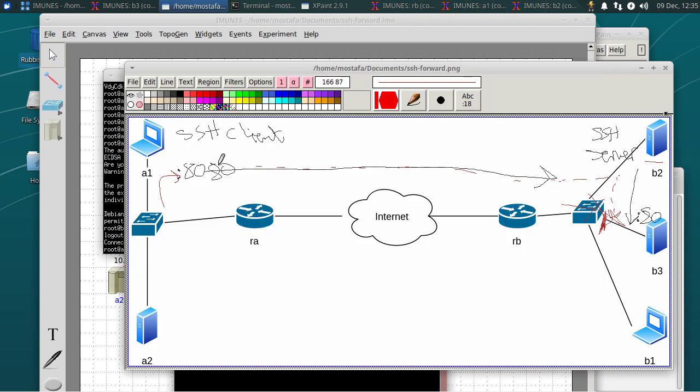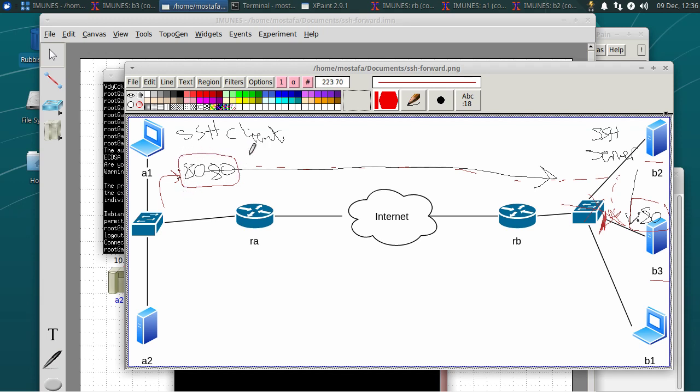I want to forward traffic that comes to local port 8080 to port 80 on B3, and the connection will be to B2. So I connect to B2 from A1 and tell SSH to forward anything that comes to port 8080